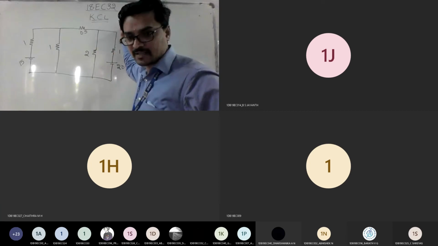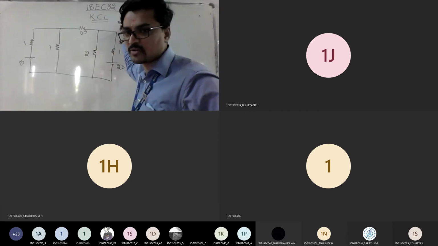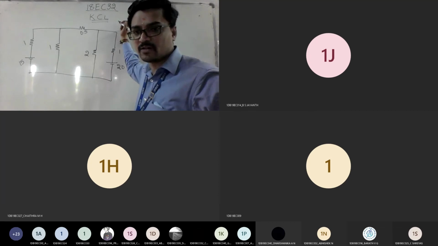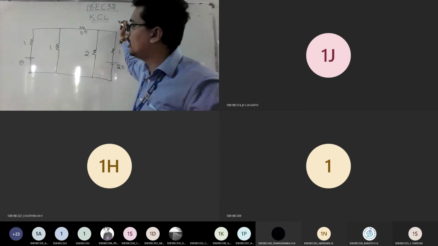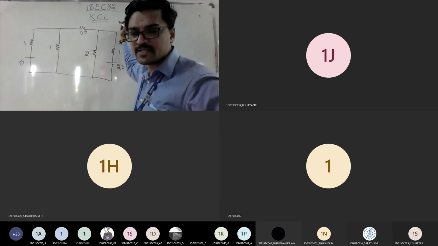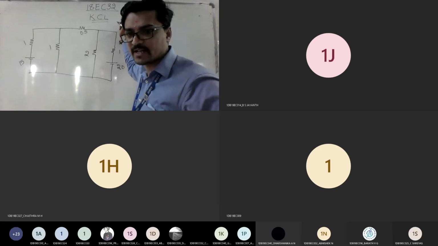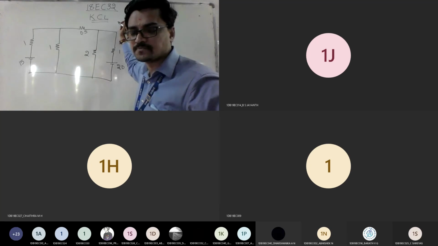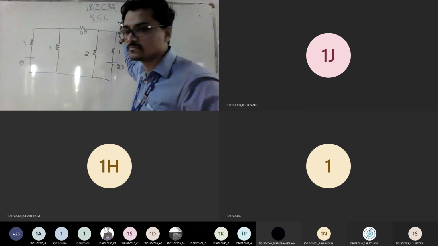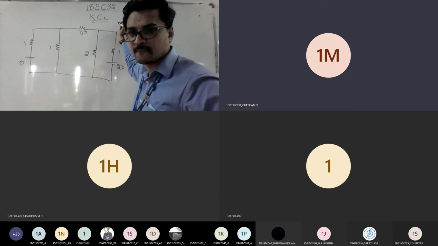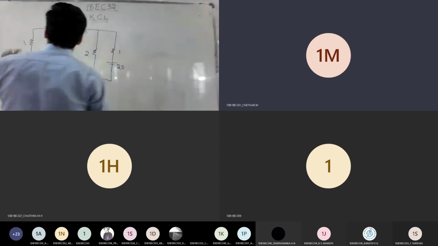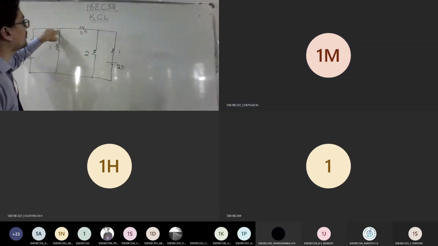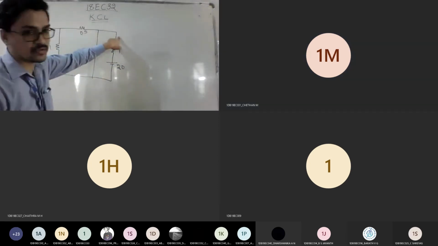So this is a part of your planar only. So no need to check whether it is non-planar or not. Even if it is non-planar, you can go ahead. Now tell me how many principal nodes you have here. That is your second point in the procedure. Four. So you are telling this is one node, this is one node, this is one node, this is one node. Is it so?